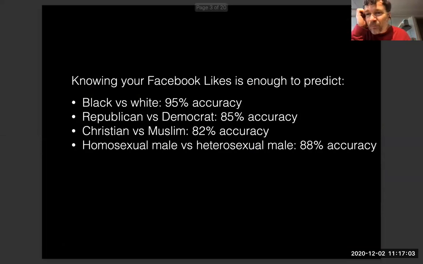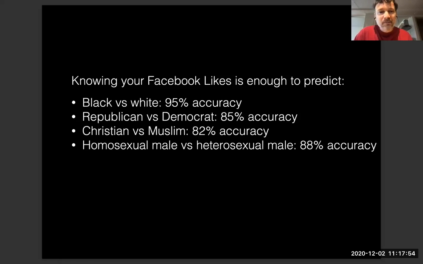Okay, so why do we care? There's an interesting research study that I thought you might find kind of intriguing, that found that if someone can view what things you've liked on Facebook, they can learn a lot of stuff about you that you might not have anticipated. So for instance, this research project found that by looking at your likes, they could guess your race, in particular, predict whether you're white or black. And they were able to predict that with 95% accuracy. So they basically, we've been looking at machine learning, they took a machine learning classifier and they used likes and used that to predict